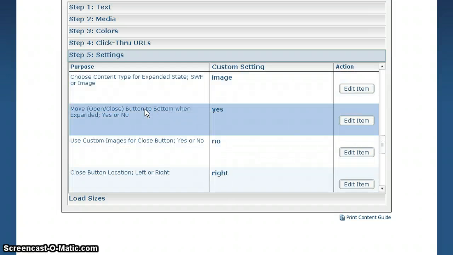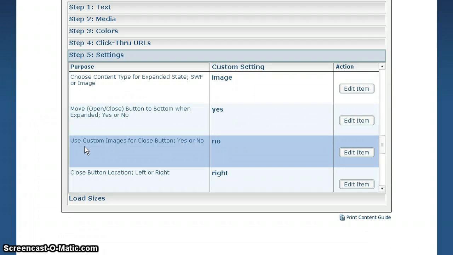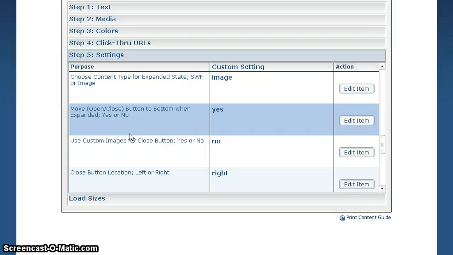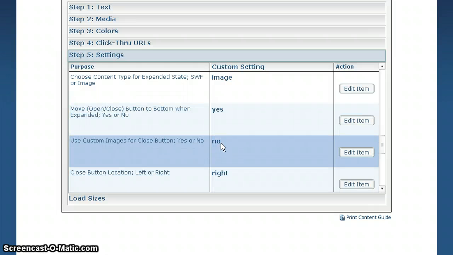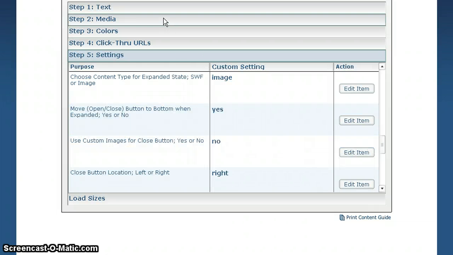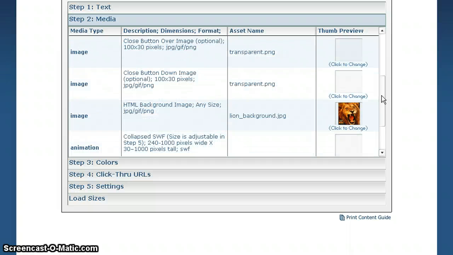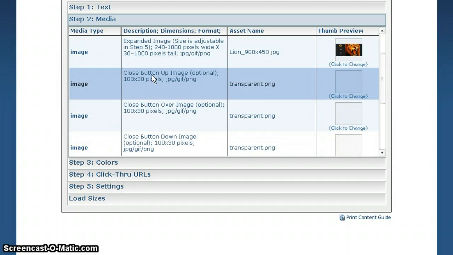Final settings here, do you want to move the open or close button to the bottom when expanded? That's self-explanatory. Use the custom images for the close button, yes or no. If you put yes, again, come back up here to media, and instead of using our standard little square, you can upload 3 different button